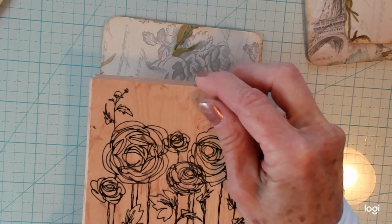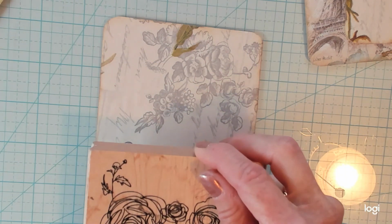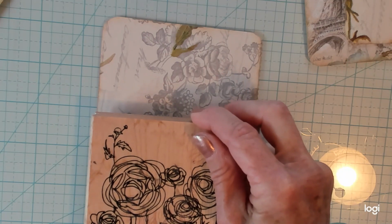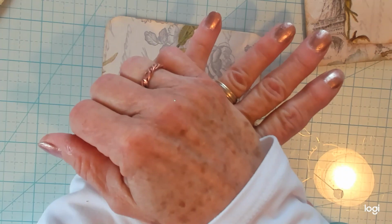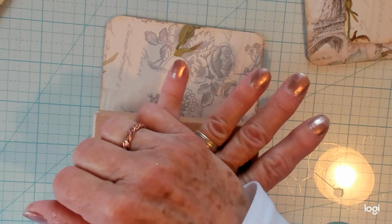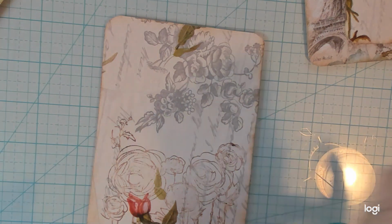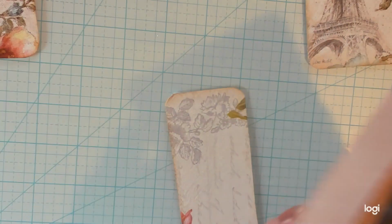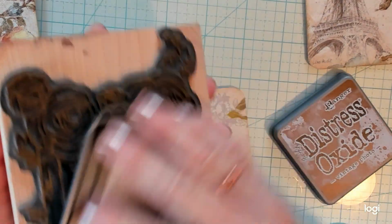I'm going to lower it down a little bit because actually I'm going to lower it a lot, because that other tag is going to be on top of it, and we want these flowers to show. That will be on top. Yes, that's what we want right there. So let's go ahead and ink this up again, and let's